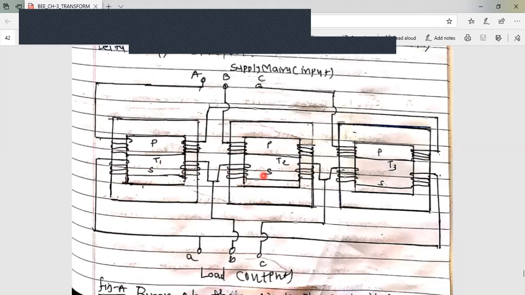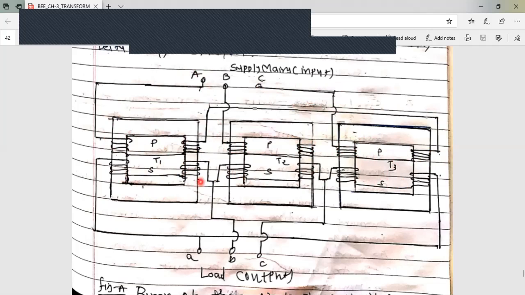S stands for secondary winding and P stands for primary winding. These primary windings are connected from here to here to here, so you can see that the primary windings are connected in star,